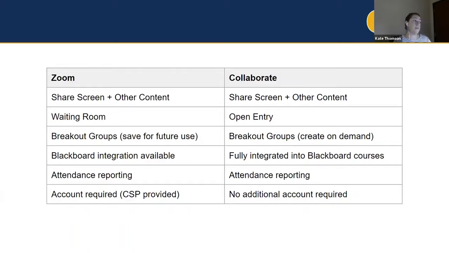Next, we do have a Blackboard integration available for Zoom, which we'll briefly show you in a minute. So you can integrate your meetings directly into your course. On the other hand, Collaborate is fully integrated, just a little bit more integration than Zoom, but still an integration available for both.